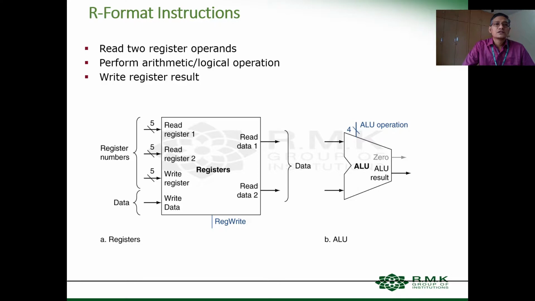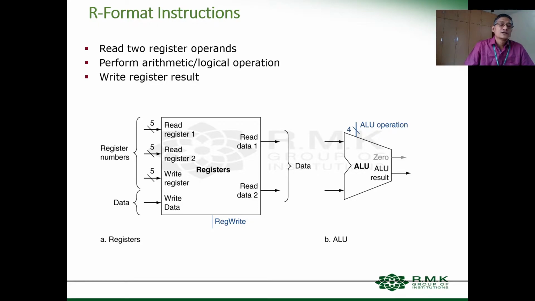So now we'll move on to the next step, the second step, where we need to decode the instructions. Before going to decoding the instructions, first we need to understand the register sets and the ALU for performing some specific R format instructions, that is, instruction execution. From the second step onwards, it depends on the instruction class, which particular functional component will be initiated for the proper operation.